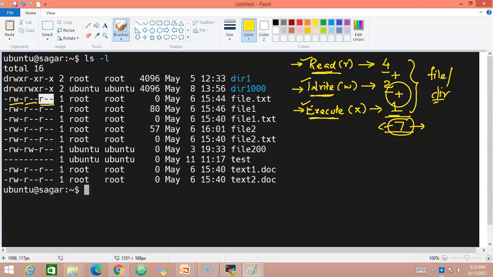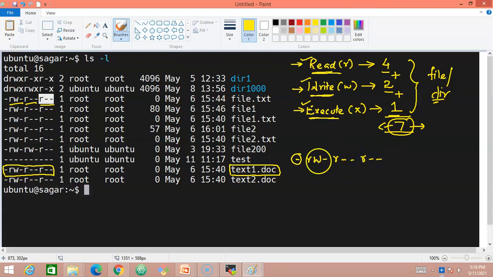Now let us try to understand by looking at an example. I'll take this text1.doc file, and we'll analyze the Linux file permissions that appear here. Let me write these file permissions. We have a hyphen first, which, you all know, is for a regular or normal file. After that we have rw-, then r--, and again r--.